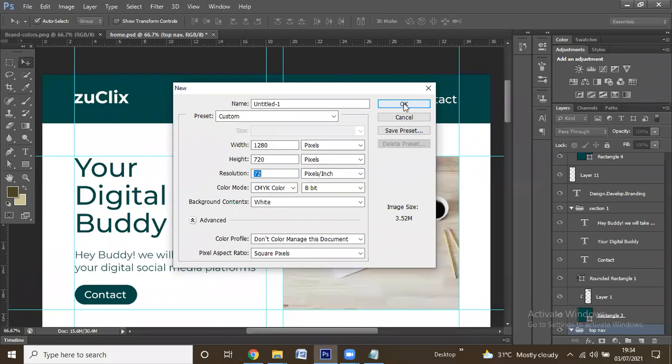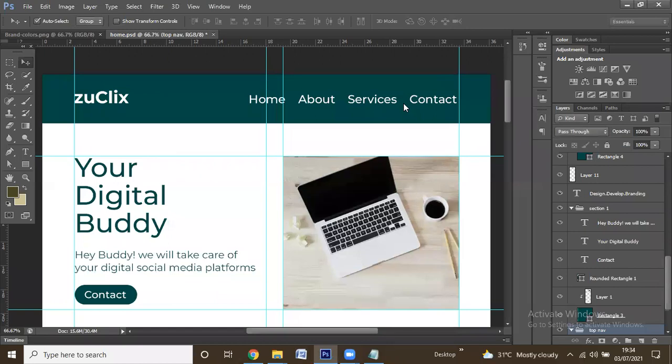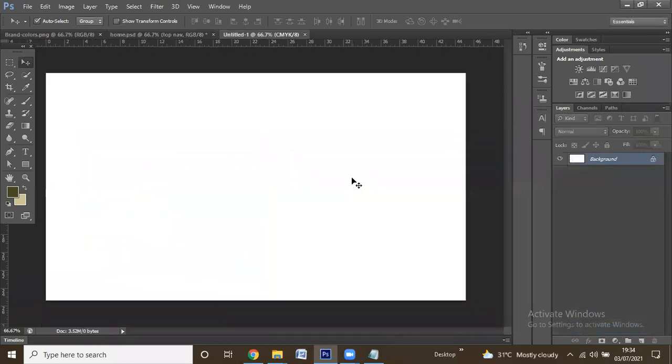So after deciding the canvas size, it looks like this. Photoshop is very easy because you can do many things by using layers. What I'm using is the old CS6 Photoshop. The new one came into the market, but it is the same as here.